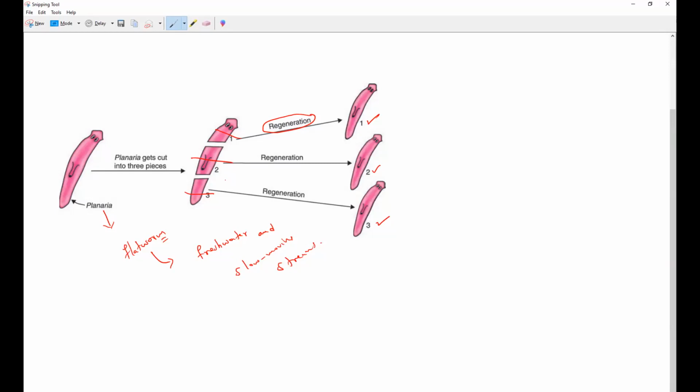If a planaria worm somehow gets cut by nature itself into 3 pieces, after a certain time each cut piece of its body will grow into a complete new planaria worm. That is how planaria worms are produced from just one planaria, which cuts into a number of pieces. Here you can see 3 pieces that have been cut, and they will completely grow into 3 new planaria worms. That is how it happens. If you take hydra also, it is the same: it will cut into a number of pieces, then